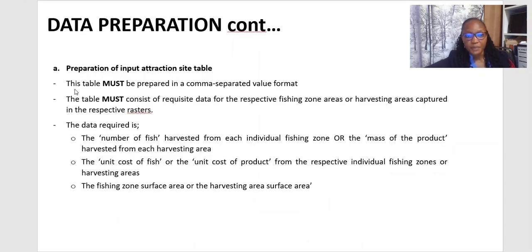Under the data preparation of the input attraction site table, these are some of the key considerations that we must make. This table must be prepared in a comma-separated value format, like we have explained before. The table must consist of the requisite data for the respective fishing zones or harvesting areas captured in the respective rasters. The data required is the number of fish harvested for each individual fishing zone, the unit cost of fish,